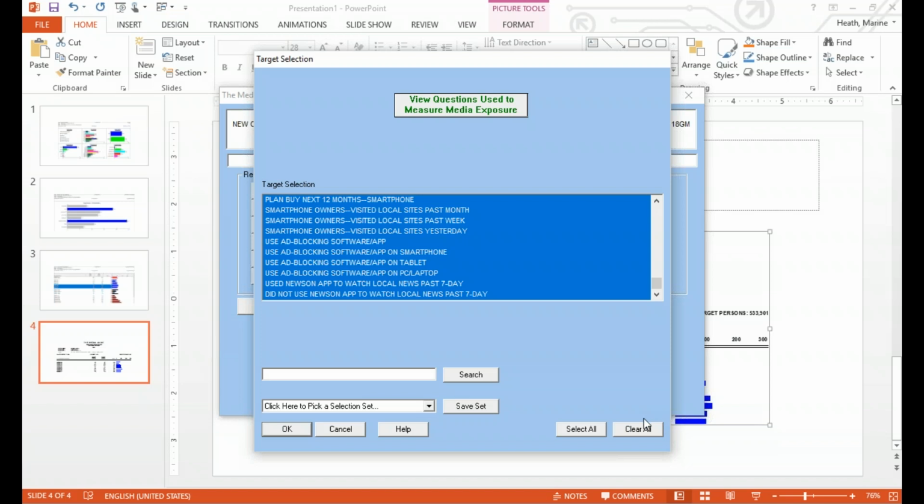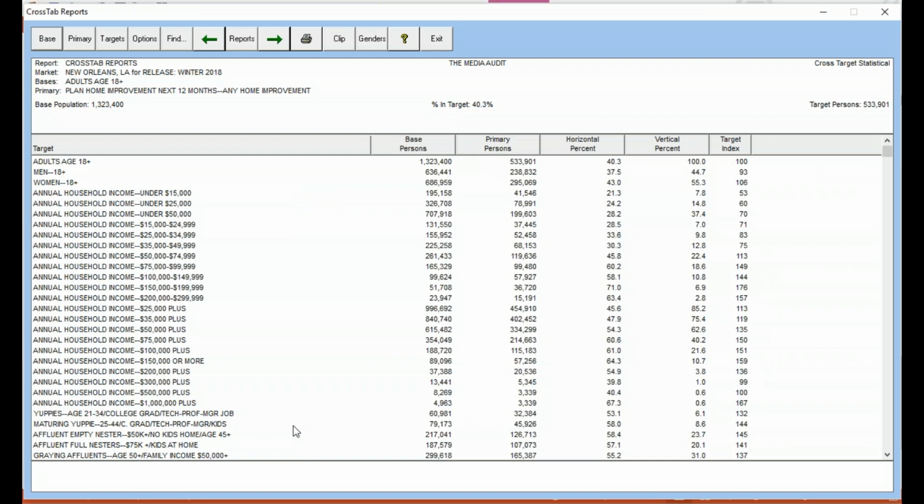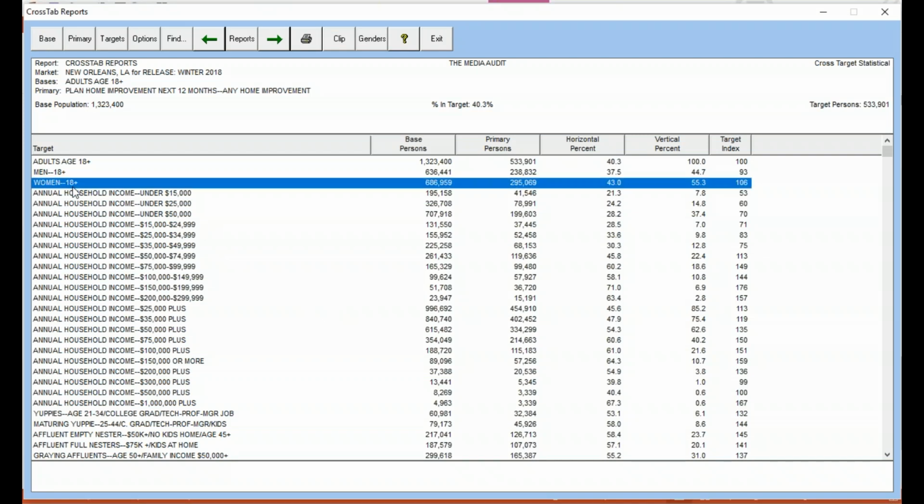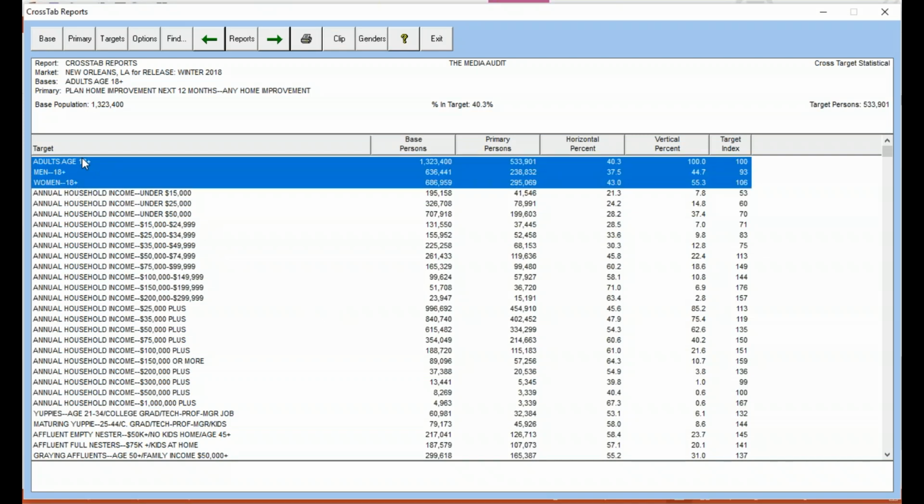Maybe they're new to having kids, and so the additions are happening. It could be all sorts of things that you want to know about them. So we could select everything. And if you do, this could be a thicket of details. You have 19 pages worth of detail here. A lot of detail. So we'll reduce it down, but before I do, let's just review how to read this